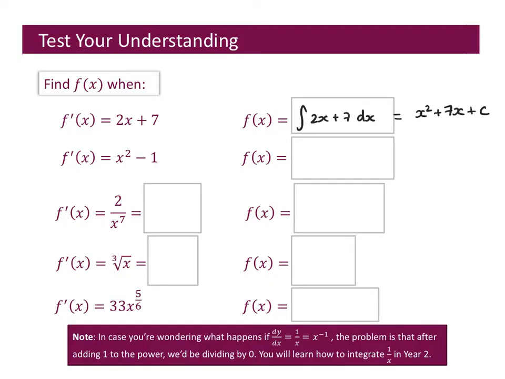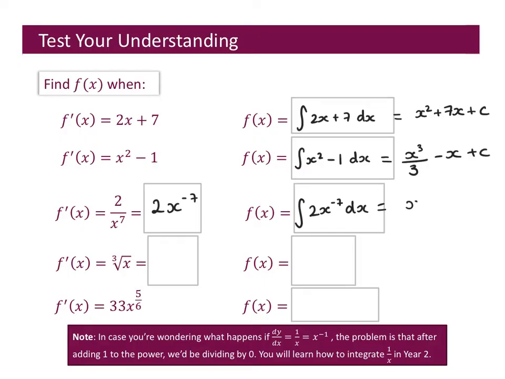Question 2. We're integrating x squared minus 1 with respect to x. Increase the power by 1, cubed, divide by the new power, 3. Minus 1, increase the power by 1 is minus x, plus c. For the second question, we need to rearrange this. This becomes 2x to the negative 7. So we're going to integrate 2x to the negative 7 with respect to x. Increase the power by 1 is negative 6. Divide by the new power. 2 divided by negative 6 is negative a third,